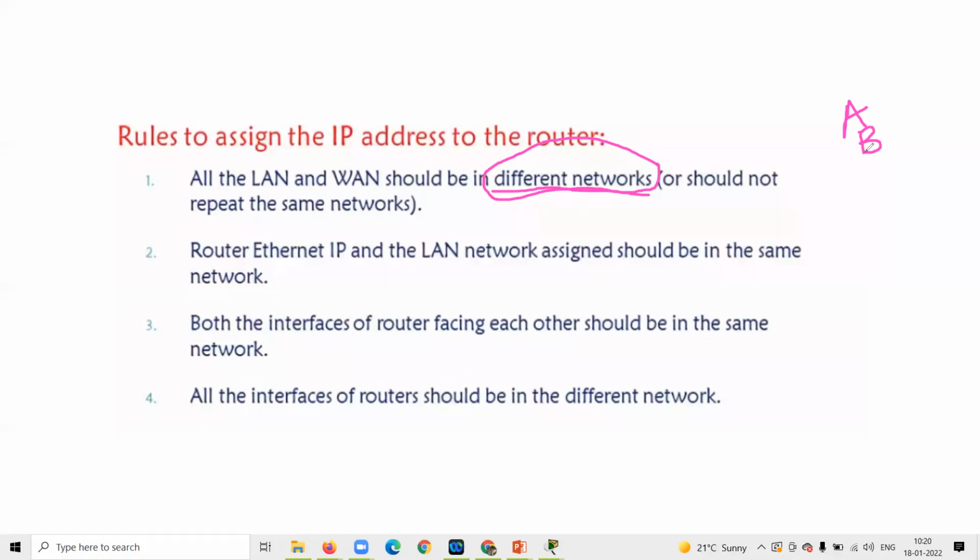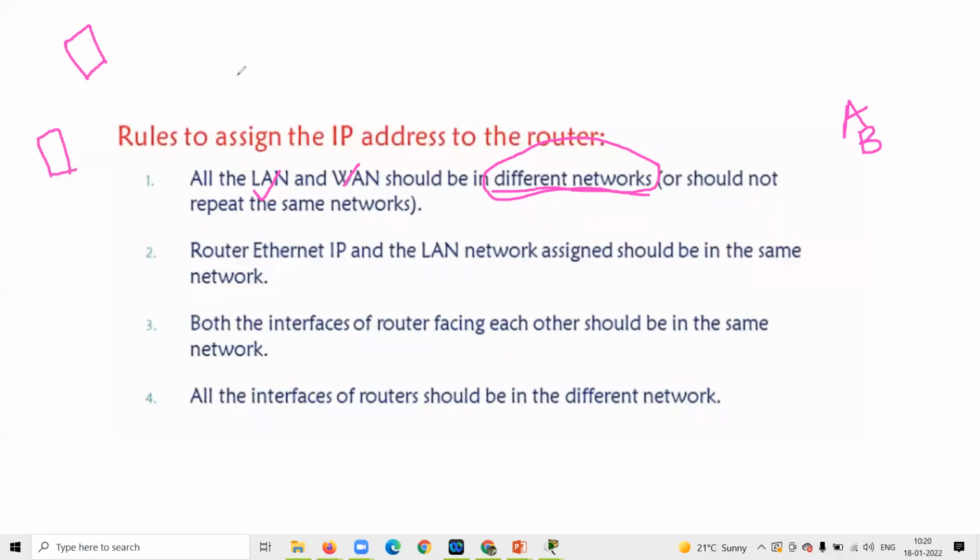Whenever you are creating the LAN and WAN, for example, you are creating two LANs. Two LANs means this is one office, this is one LAN, this is another LAN. So they must be in a different network.